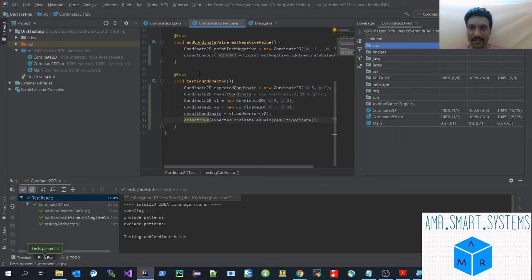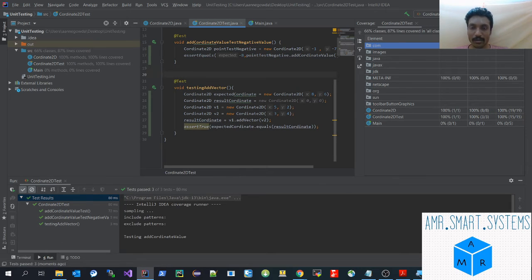So what happens when we don't cover a certain use case? For this add vector test, if we don't call this add vector function in Coordinate Java, our test coverage will fall. So let's disable this test case. An easier way is to use the Disabled annotation. Now we have learned one more annotation. Slowly I'll be covering all the annotations in JUnit by example. Once you add this annotation, this test case won't get executed.